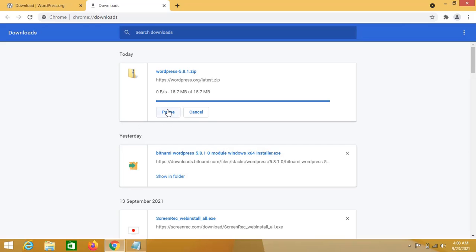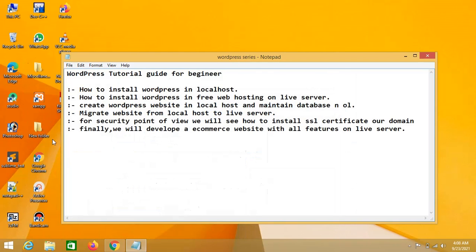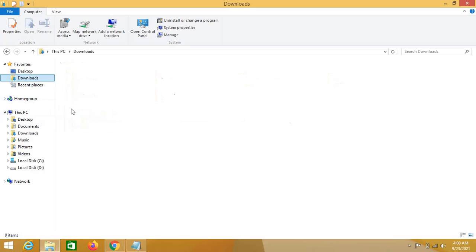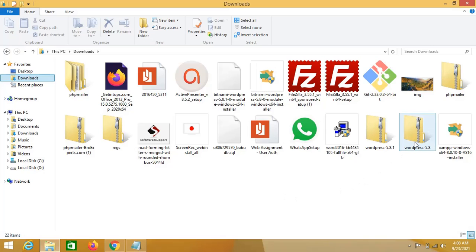Now I am going to pause this because I have already downloaded it. So let's see, the zip file of WordPress 5.8.1 is downloaded.